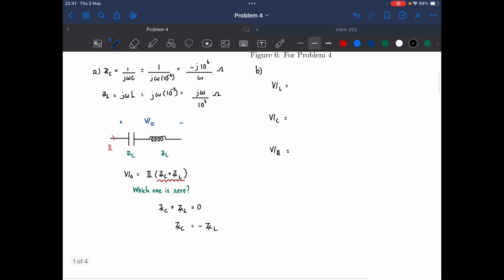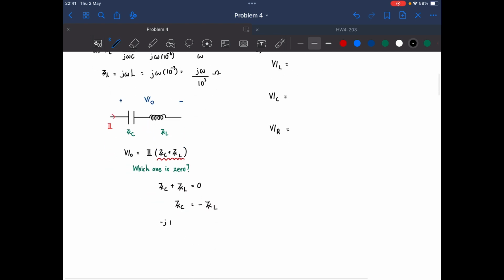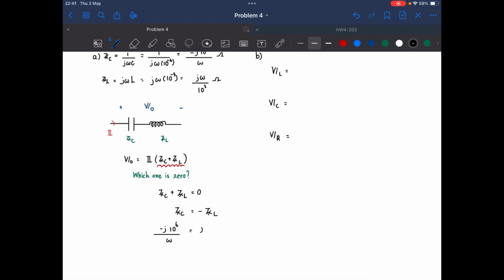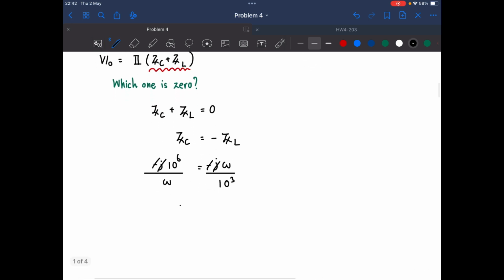Yeah, let's substitute this value in this equation. The j will cancel each other, and then we will have